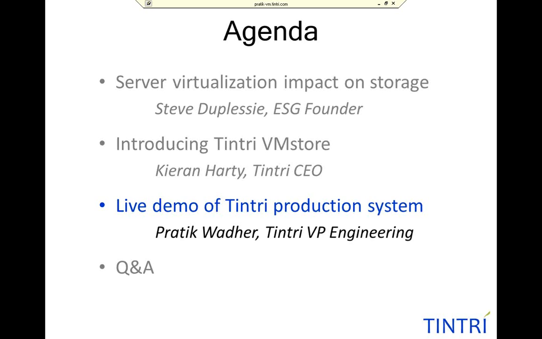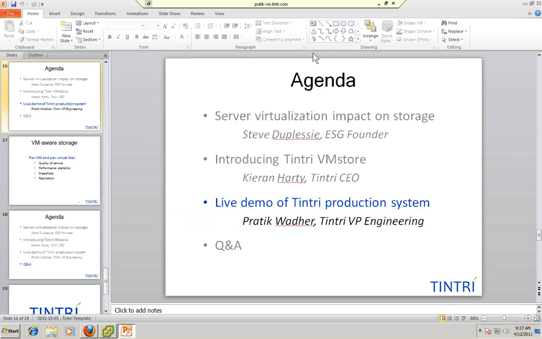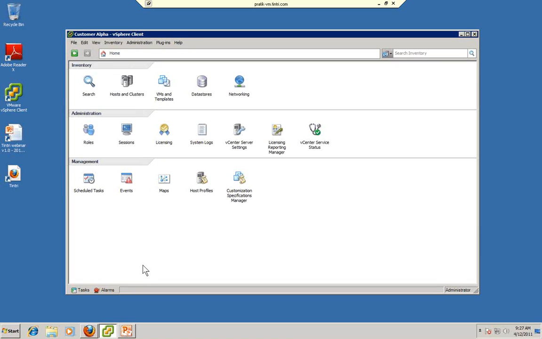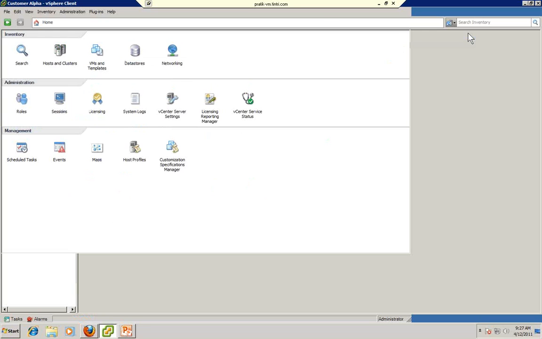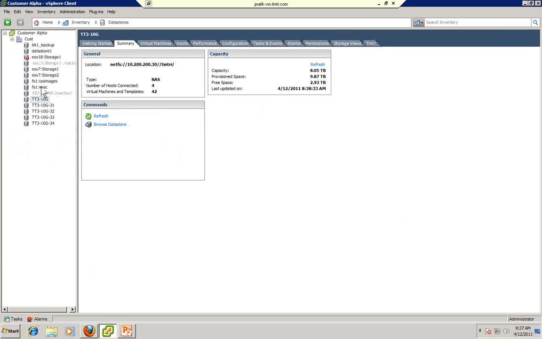So what you are seeing right now is of course a slideshow that's been presented. It is currently running on a Windows 7 VM, and that is hosted on a Tintri appliance. So the first thing I'm going to show you is how the Tintri Datastore appears on vCenter or the vSphere client. So you should be seeing the vSphere client right now, and I'm just going to maximize it so you can see everything. Clicking on the Datastore object, you see a list of data stores that are currently hosted